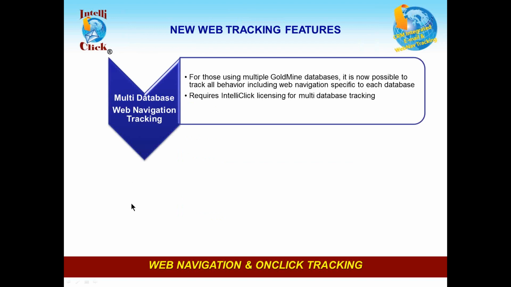So let's start by talking a little bit about some of the newest features we now have for web tracking. The first that we've had requests for from those who are using the multi-database send and tracking capabilities of IntelliClick. That means if you have multiple Goldmine databases, it used to be that we could only track web behavior on one database, but now we are able to track across all databases, so that as people receive and start to look at different pages on your site, we can properly update their records in the database from which that campaign